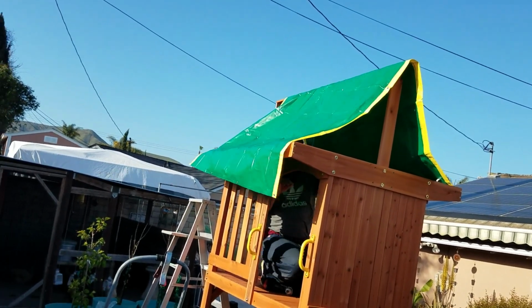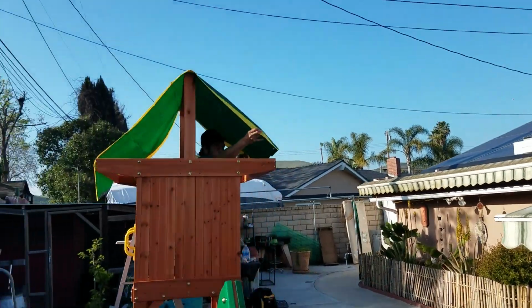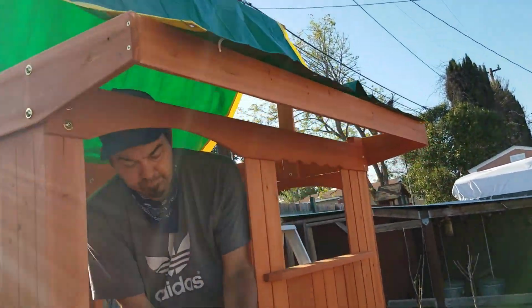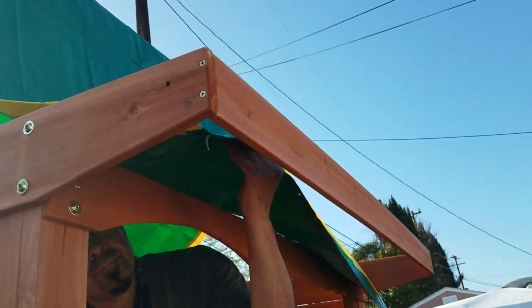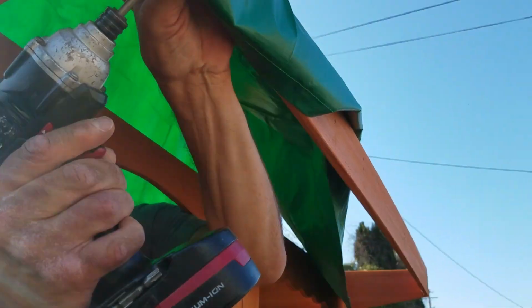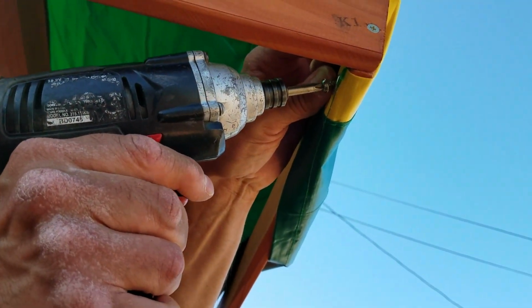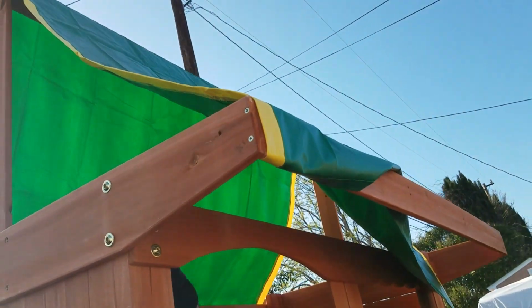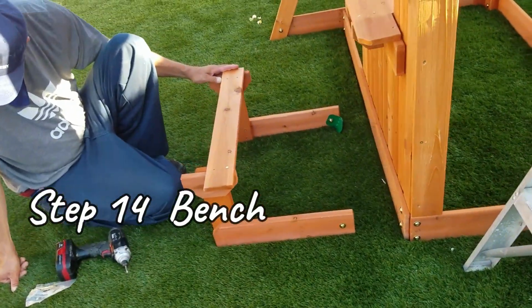It goes right across over your roof there. You just keep on jamming through the owner's manual and putting these pieces together. This is your tarp. It gets screwed down to each side all the way across. Once that's on,